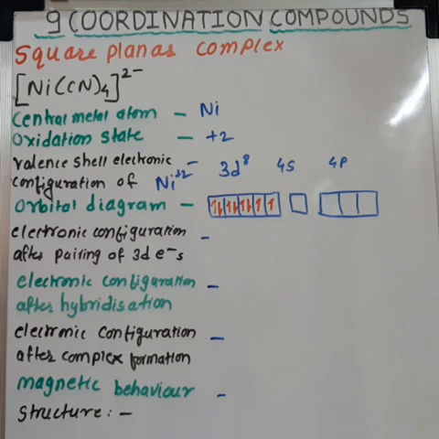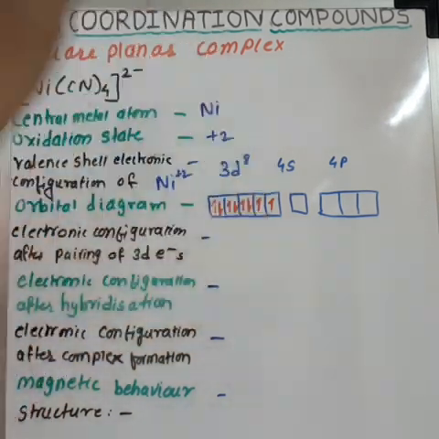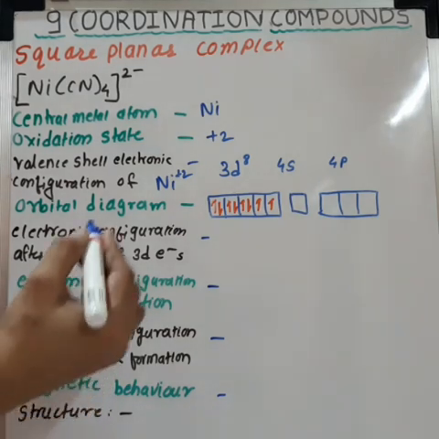In square planar complexes, these 3d electrons are paired before hybridization, and the electronic configuration after pairing of 3d electrons will be